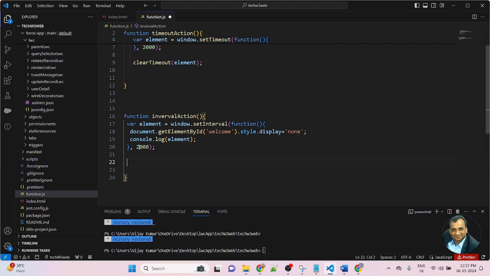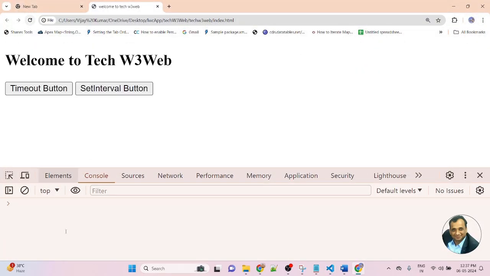So here you can see after 2 milliseconds it automatically changes. But if I want to delay the calling again and again of the functionality, here I change the number 2000 to 5000. That means after 5 milliseconds it will execute the function. Now let's refresh the page and click here. After 5 milliseconds, this title will be hidden.